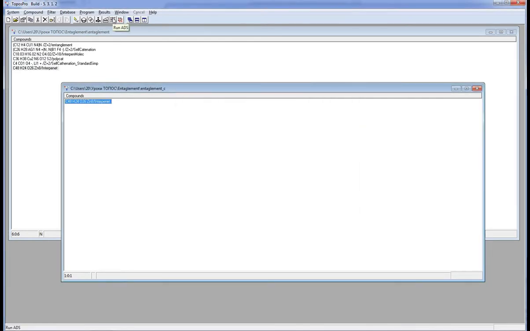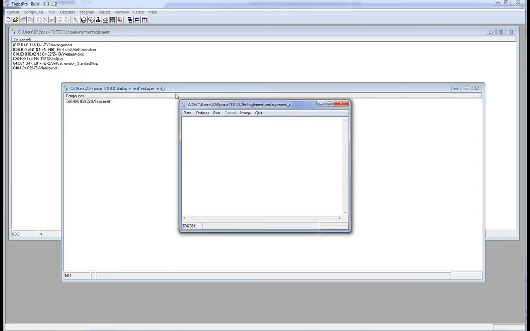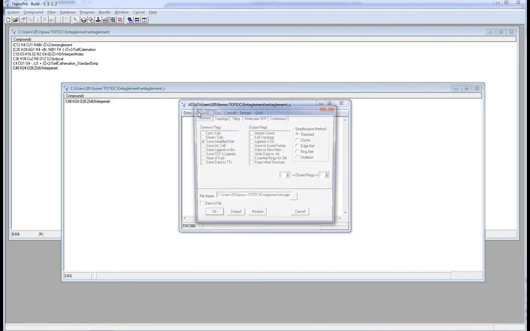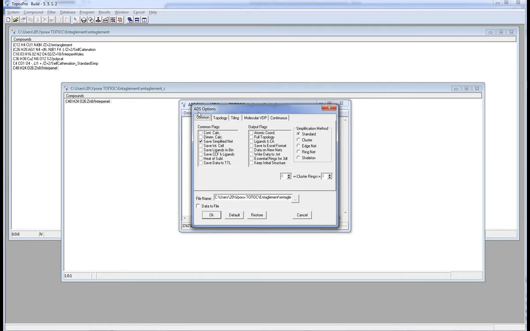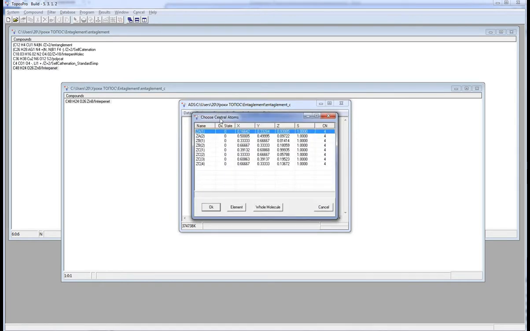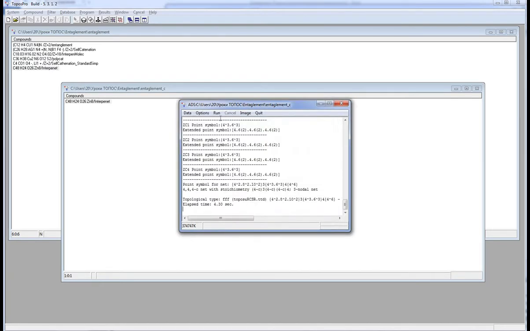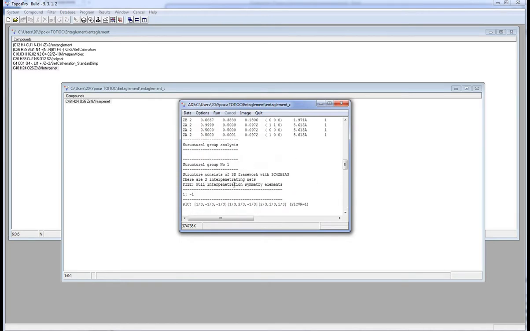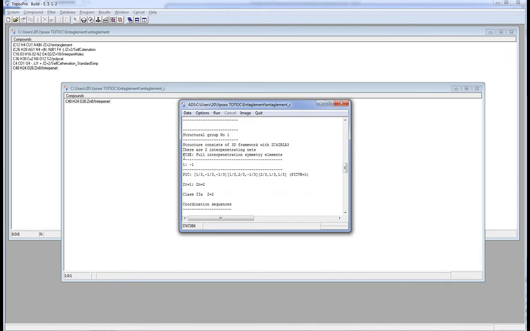For this purpose, I use the classification option. ADS writes the information about interpenetrating nets in the output data. Ergo, ADS, Options, Default. This button sets the options which are necessary for the classification of the compound. Run. I choose all atoms as central. In the section Structure Group Analysis, you can see the composition of the framework, the number of the interpenetrated nets, the interpenetrating parameters. Here are FISE,